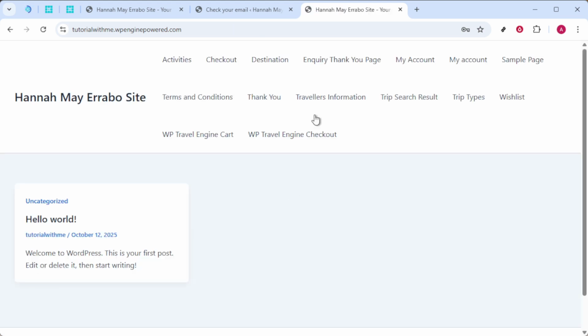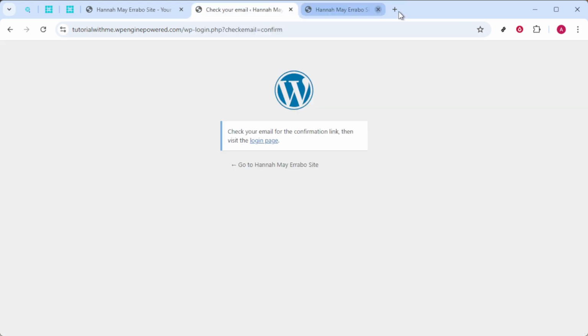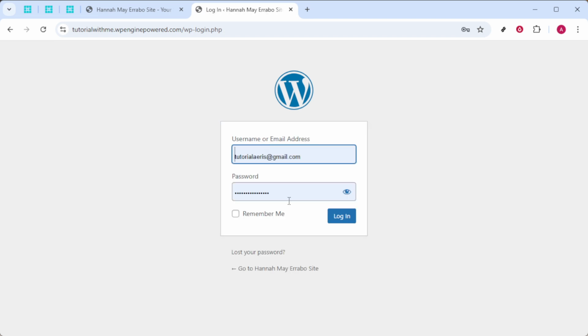With your new password set, you can return to the login page. Enter your username and the fresh password you created. If everything's set correctly, you'll gain access to your WordPress dashboard once again. And that's it. You're logged back in and ready to continue managing your